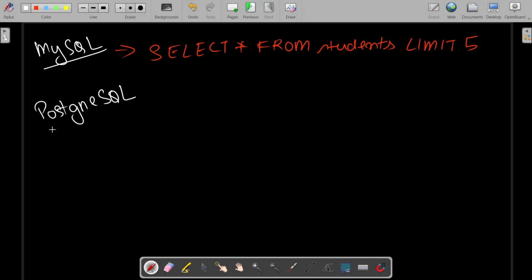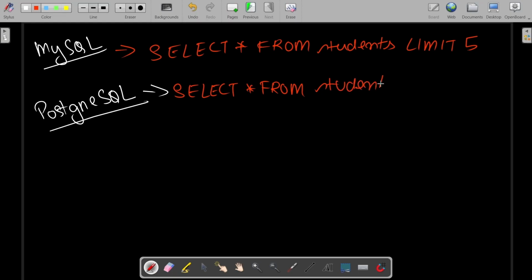So these are the SQL platforms, right? These are the DBMS, database management systems, right? So here also, how I will write the same query: select star from students limit 5 again. So what you can see here is that this structure has been much more modified and restructured to an easier version,